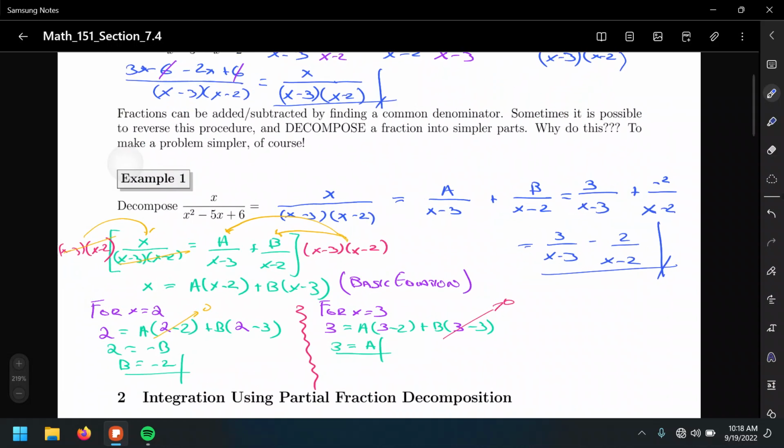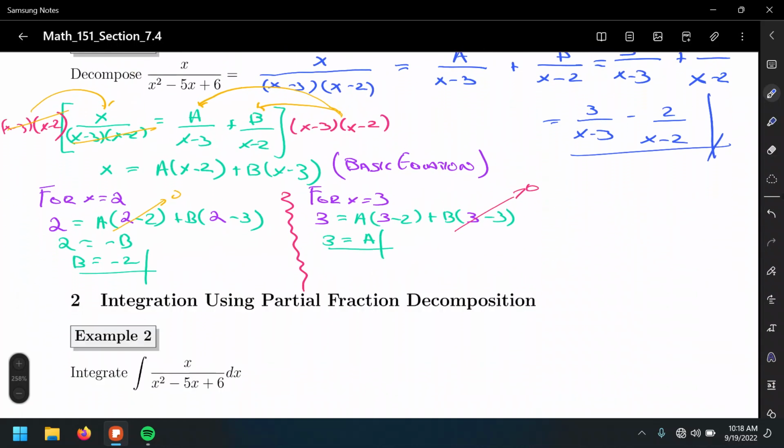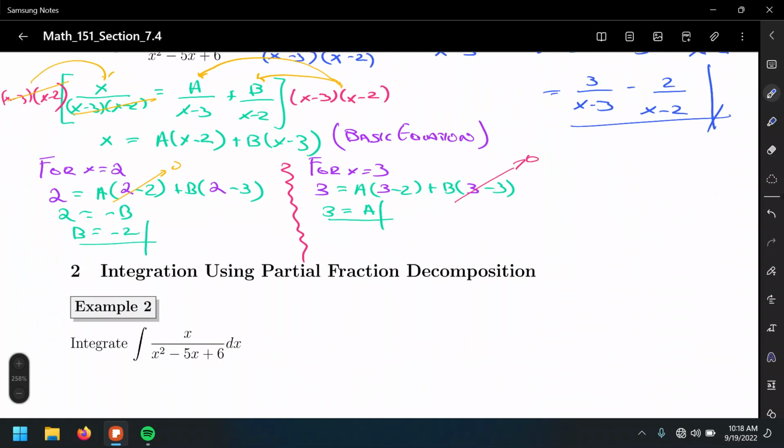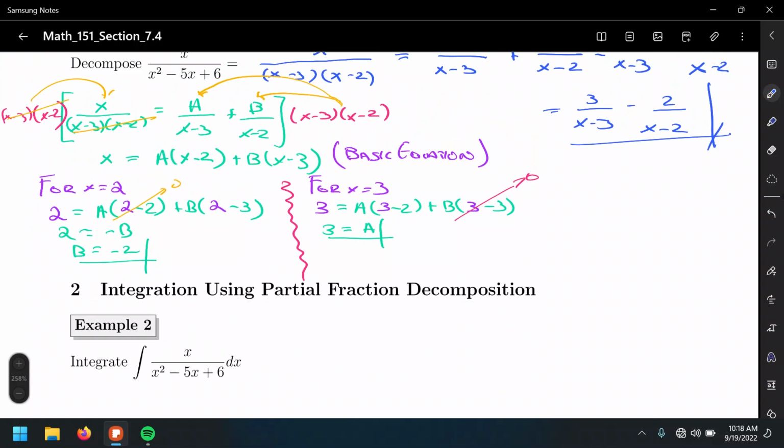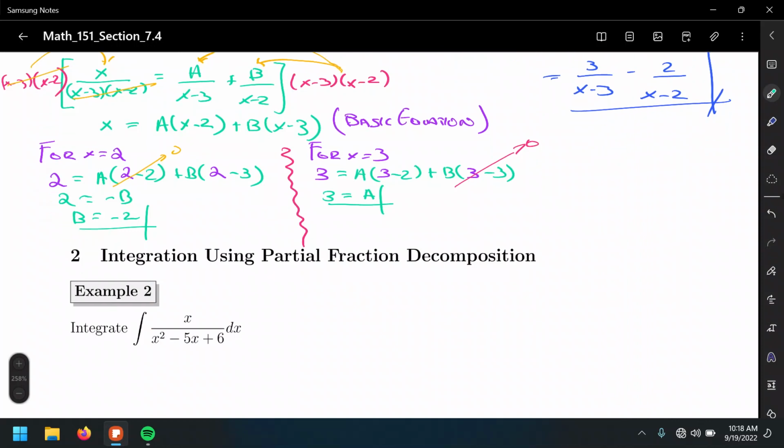So how about we get started with the calculus? Now that we reviewed a little bit of the algebra related to this, let's integrate using partial fraction decomposition. For example, example number 2. Integrate x over x squared minus 5x plus 6. Well, if we were to use u substitution, which is something you usually try first, maybe you're lucky, it works, that's the final answer, there's nothing else to do. However,